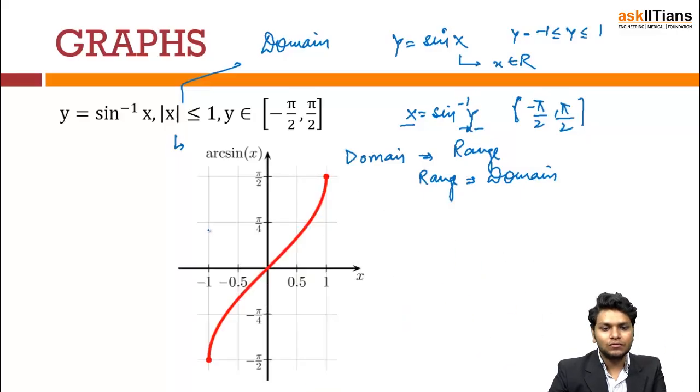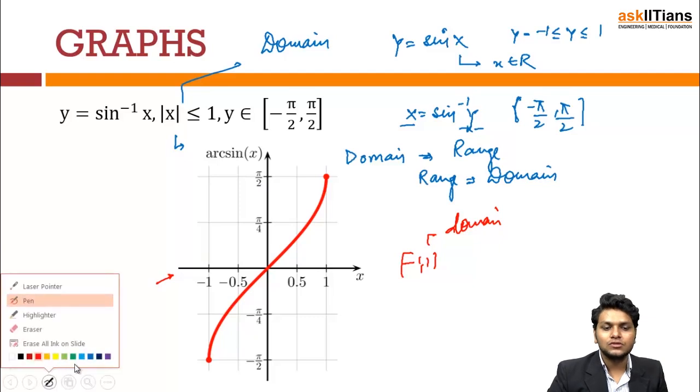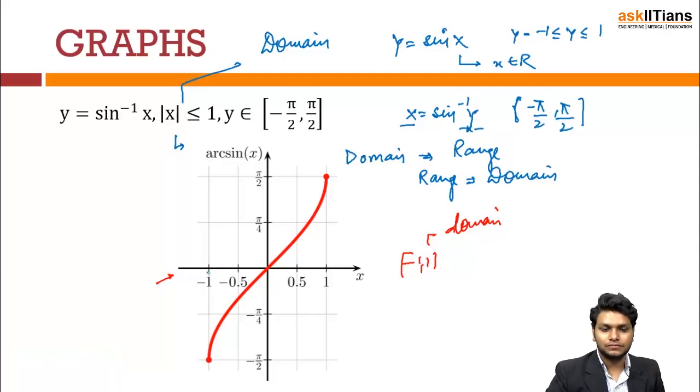So this is the meaning and the difference in the basic plotting of inverse functions. So let's see how the graph of this function looks. In the x-axis we have values that range from minus 1 to 1, constituting the domain of the given function, and on the y-axis the values are angles, ranging from minus pi by 2 to pi by 2. Hence I can say that the range of the given function is from minus pi by 2 to pi by 2. But one thing is missing over here, and that is how to get these values.